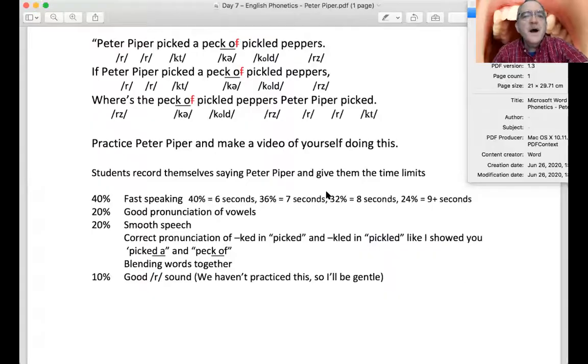Now we don't say ch. We say ta. Pickta. Peter Piper pickta. A peck of. Notice that goes together. Peck of. Now we do not pronounce the F. In fast speech, we don't pronounce the F or the V in of. Peck of. And then